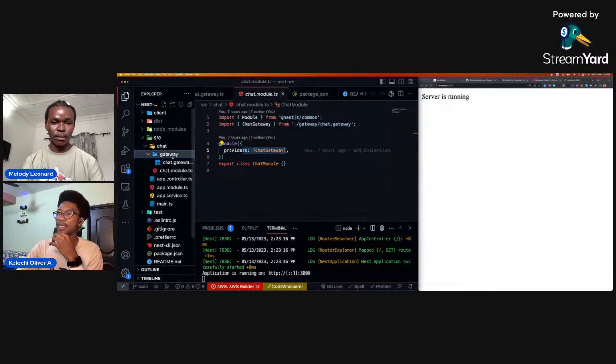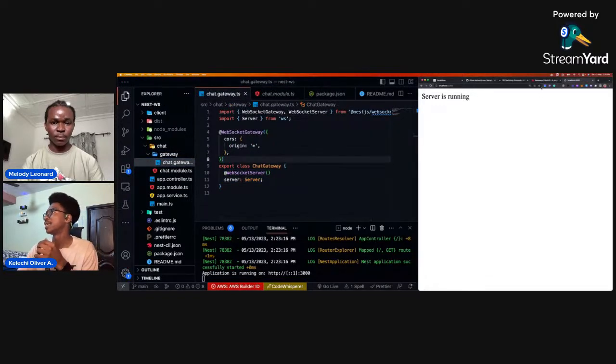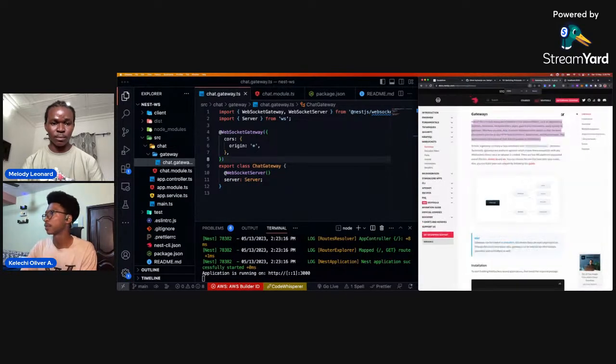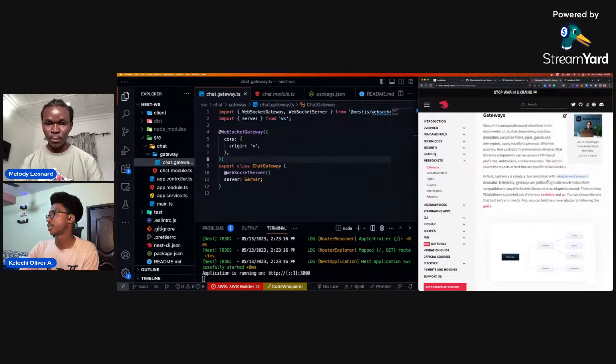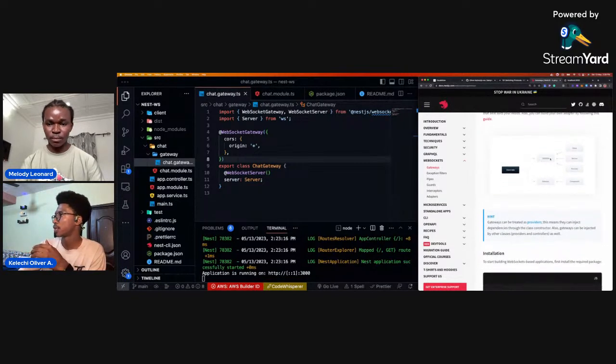And the gateway has a class here that implements the chat itself. If you follow the Next.js documentation here, you see that they call these things gateways. They're just normal providers. So you can see an illustration of what we're trying to do. We're trying to use the gateway to handle it whenever a request is sent through the socket,